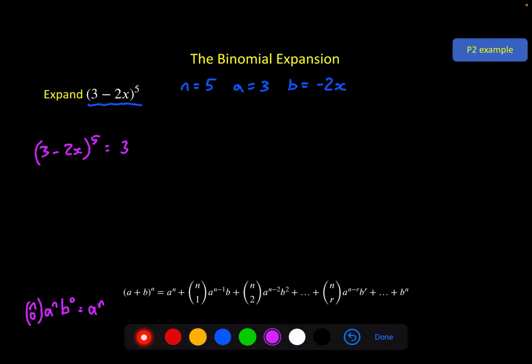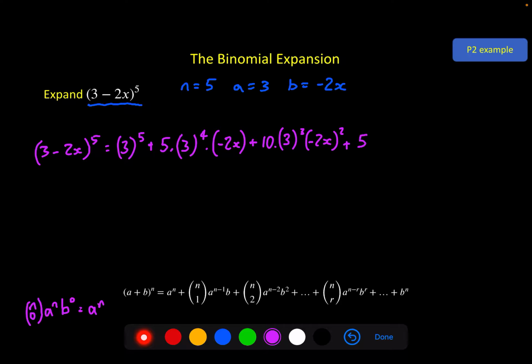So we've got 3 to the power of n, which is 5 in this example, plus n choose 1. Now if you put that on your calculator, you'll find that's a 5, times a to the n minus 1, so 3 to the 5 minus 1 is 4, times b, which is minus 2x, plus n choose 2, which in this case is 10. Put that on your calculator if you're not sure. 3 to the power 3, times minus 2x to the power 2,